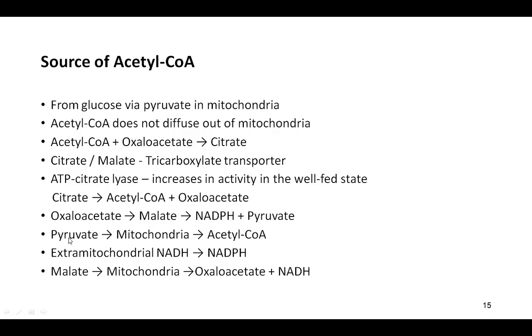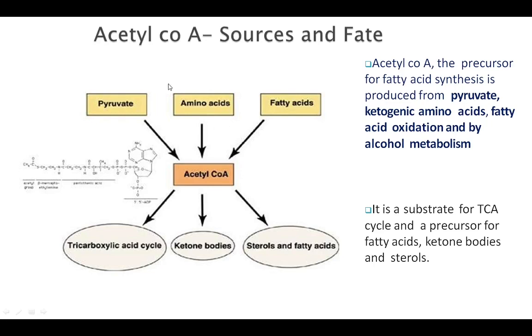And in carbohydrate metabolism you have read that from pyruvate, acetyl coenzyme A may form. So, the sources of acetyl coenzyme A and its fate: mainly acetyl coenzyme A comes from pyruvate. It can also come from ketogenic amino acids. For you, protein and amino acid metabolism is also over, I think, so you must know that some amino acids are ketogenic and some are glucogenic. So from ketogenic amino acids also, acetyl coenzyme A can come. Mainly it comes from pyruvate, which comes from glucose, but some can come from amino acids. Some can come from the oxidation of fatty acid. Fatty acid can get oxidized, right? Just as fatty acid is formed, it can also get broken down.